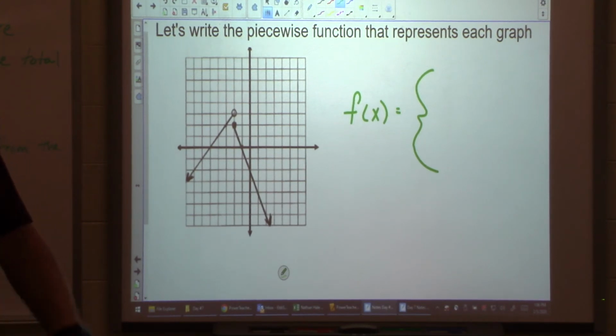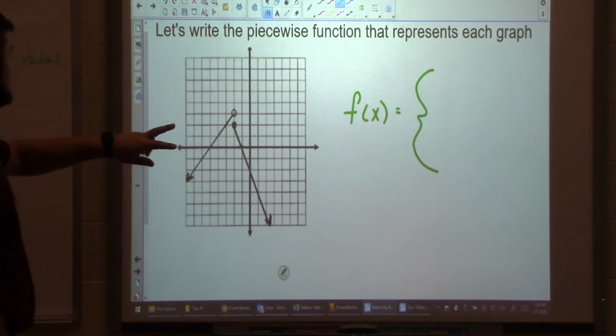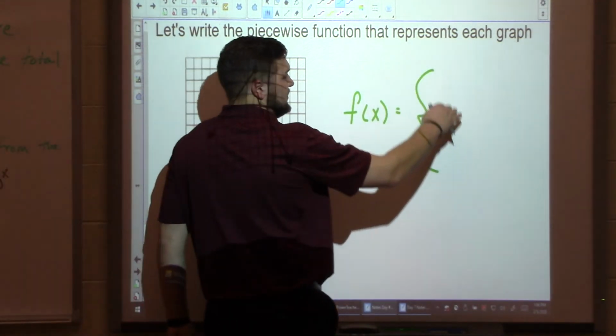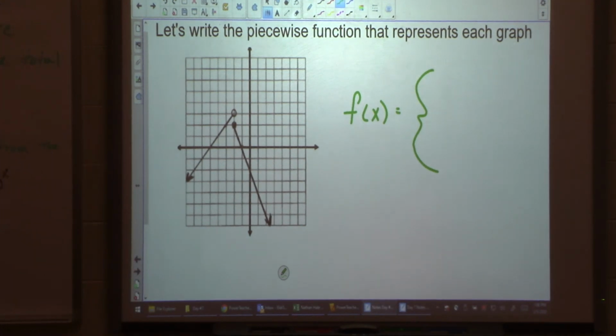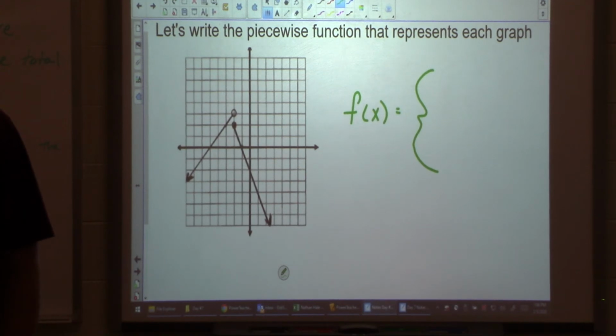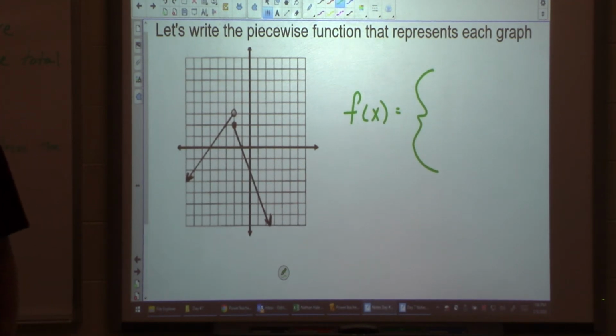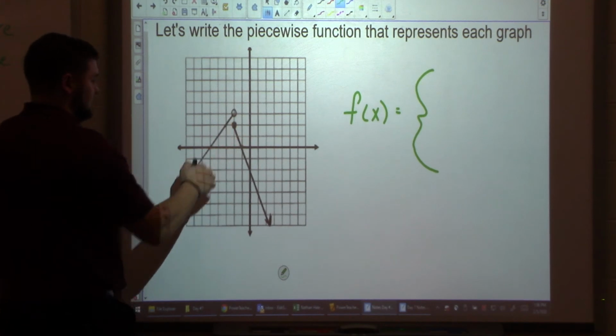How many pieces should I have to this piecewise function? 2. I have 2 pieces on my graph, which means I should have 2 pieces to my piecewise. There are 2 different ways you can go about this. The first way I'm going to show you is the way that I always do it, and then I'll mention a second way. The first way, if I'm going to look at this first piece,